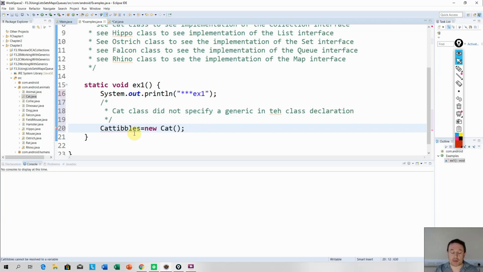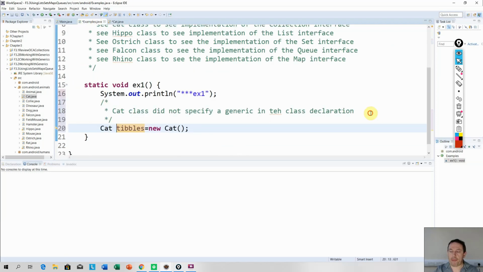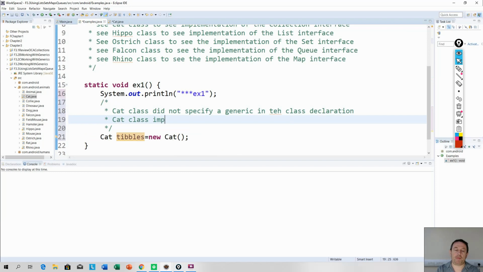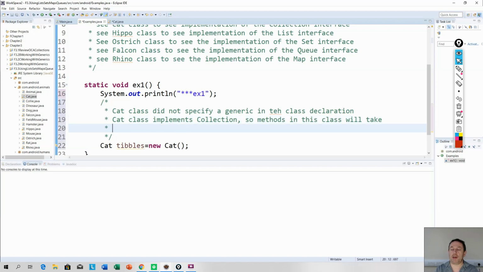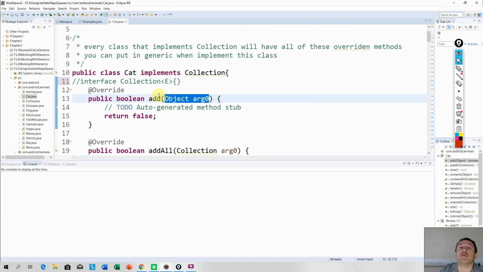Now, cat class implements collection. So methods in this class will take an object. For instance, in the cat class, we can see add. That's the same add method that you have when you're adding something to an array list. So when you provide it with the generic type, let's say dog, it'll be add dog